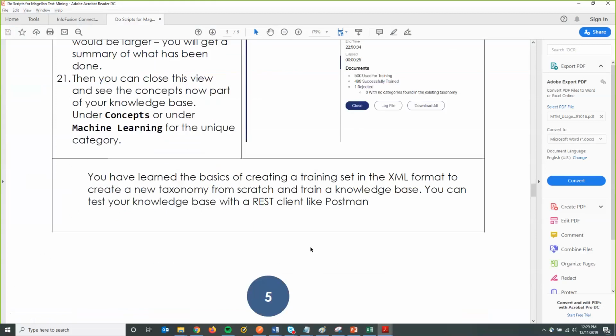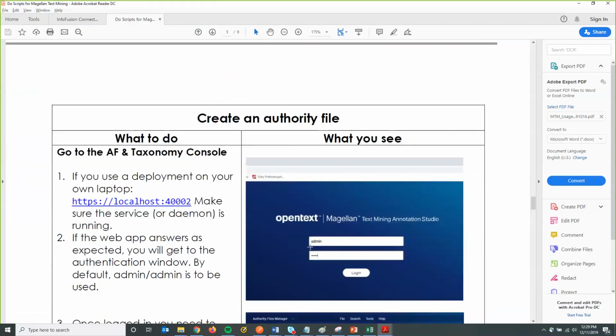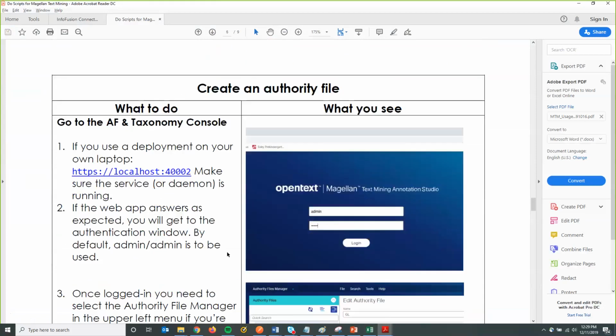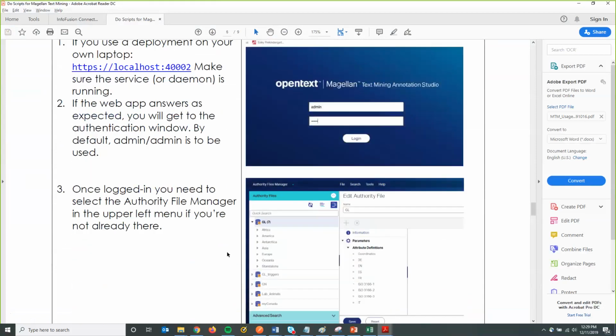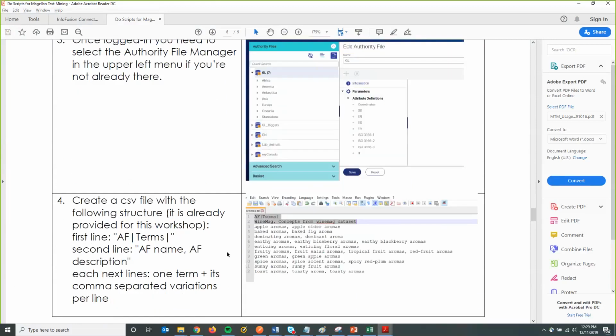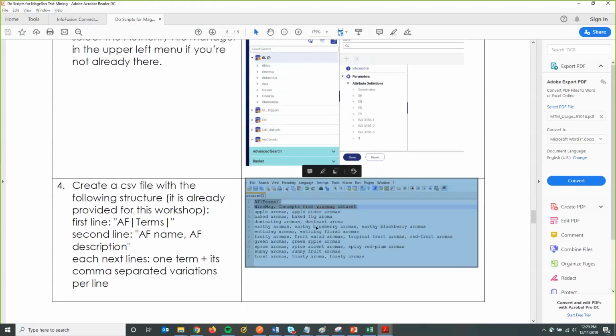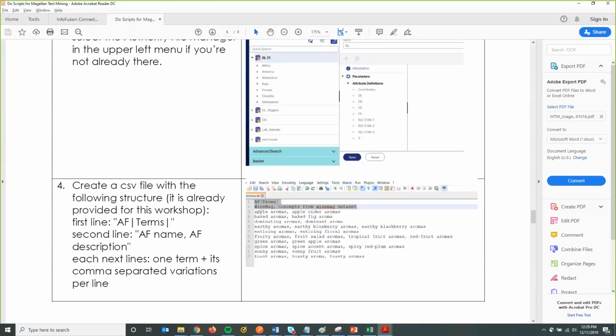The next part of this session is we're actually going to create an authority file. So here's an instance of how to import an authority file. Basically what we're doing is